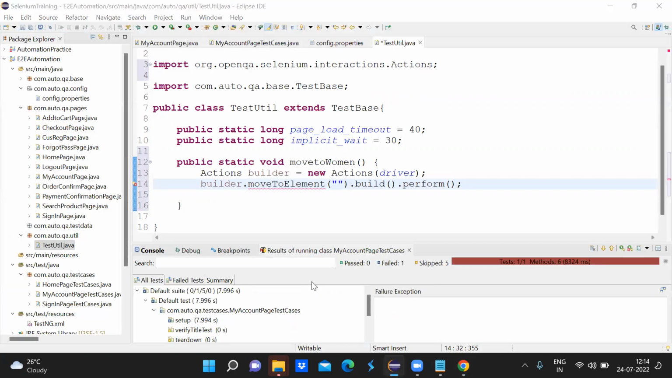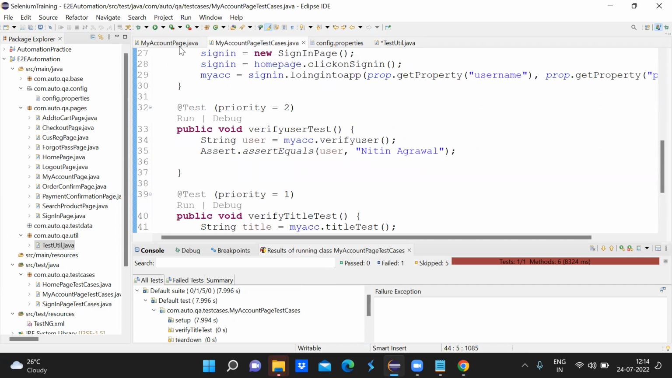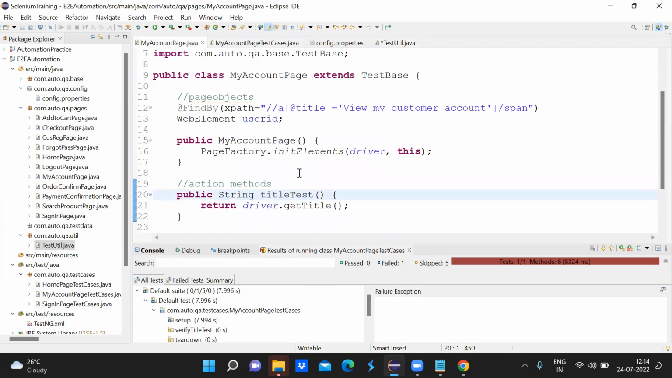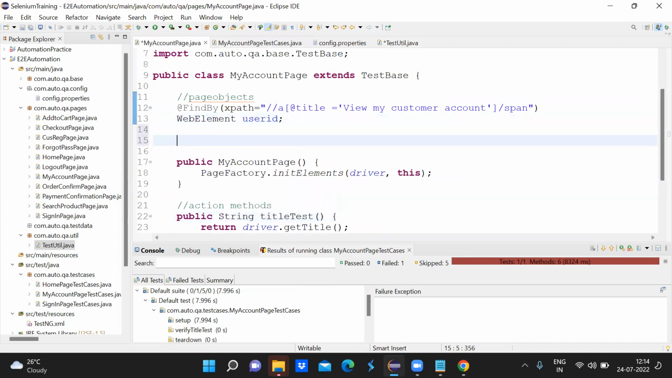Now, what I am thinking, whether we should keep it in a common repository, I mean, in the utility, or we can put here only in your my account page object, because this is an object, right? So object is specific to that. Okay, let's keep it here only, right? So otherwise it would be a mess. So find by XPath of